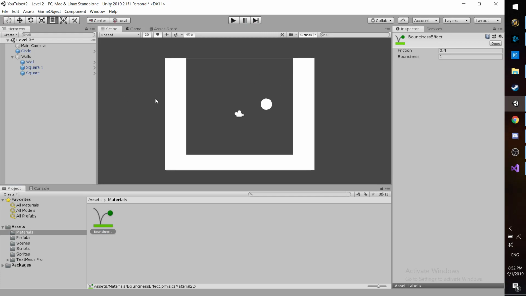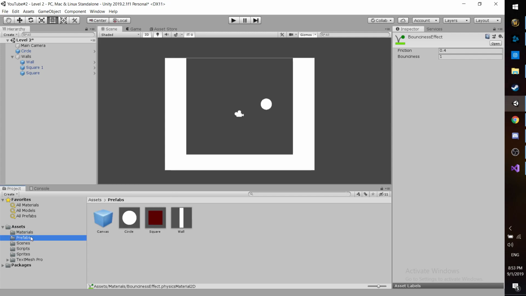Now there's one thing though. Every time it will just fall and go back up in the same line. However, what we want is for every time our ball or our circle prefab to have different velocities, so it will start in a different direction. Sometimes it will start going to the left, sometimes it will start going to the right, and every time it will have a different speed or velocity. Now how are we going to do that? Well,